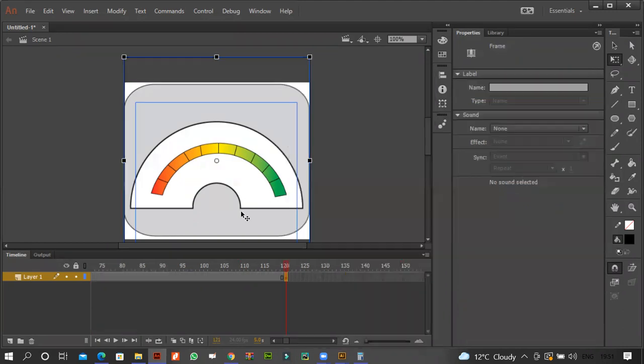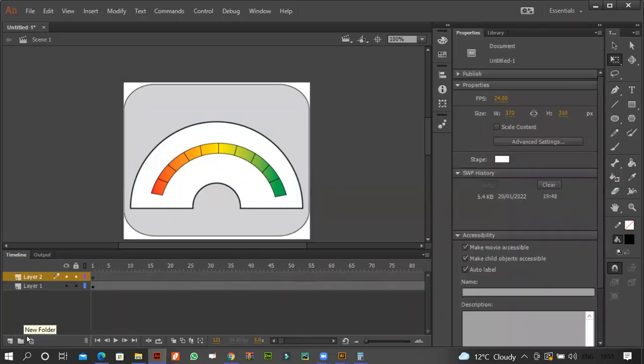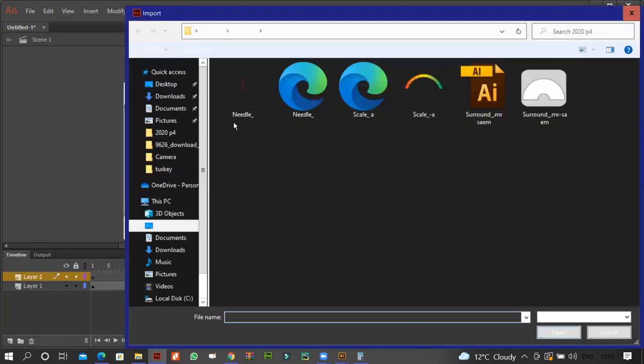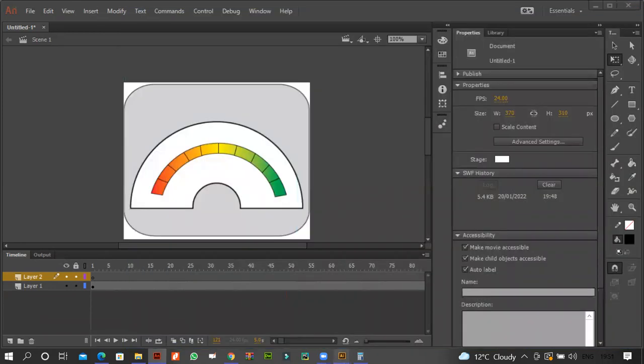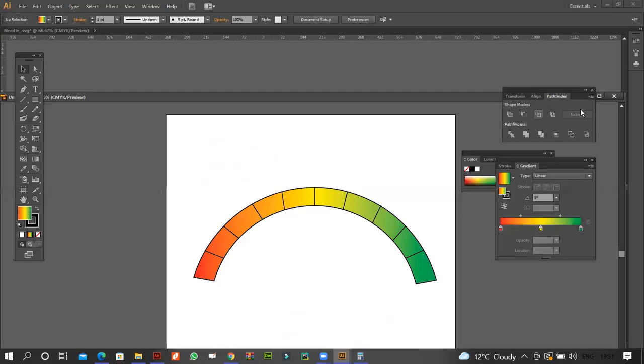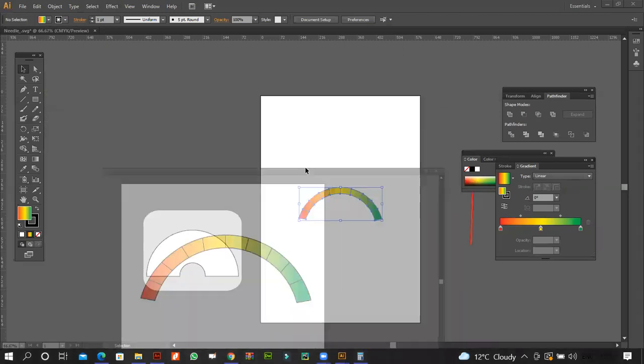insert keyframe. So the needle that has to move, I'll add a new layer, Control R. That's my needle. Okay. What do you say? Shall we reduce the size of the needle as well? I think so. Yes, we should. I hope you get what I'm trying to say. What I'm trying to say is,